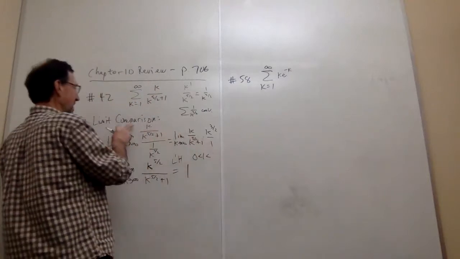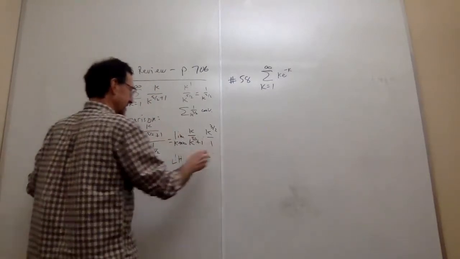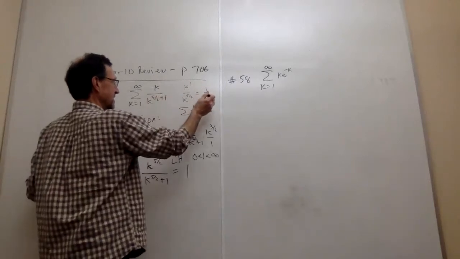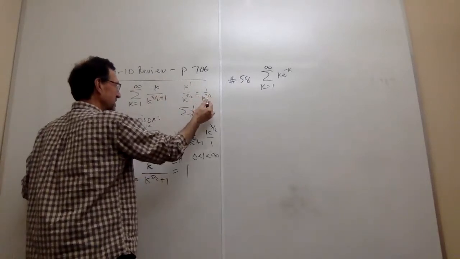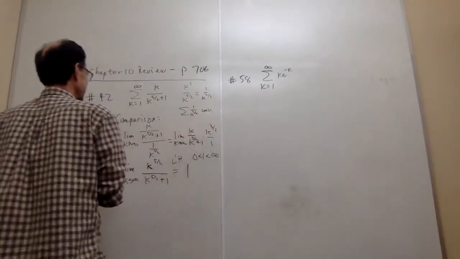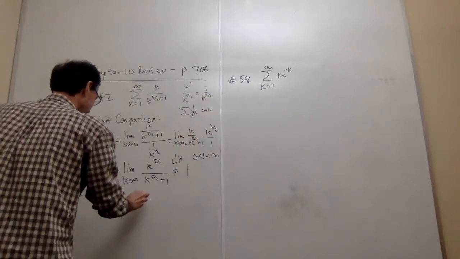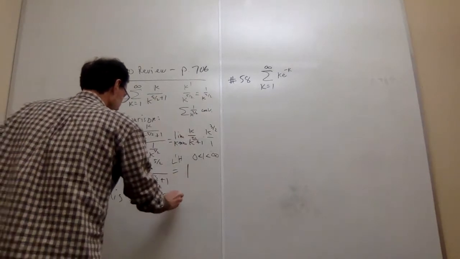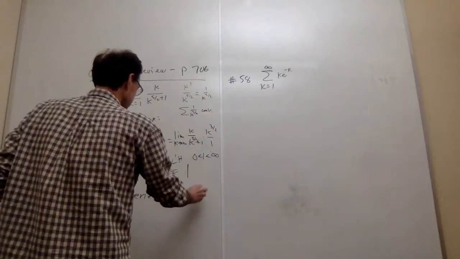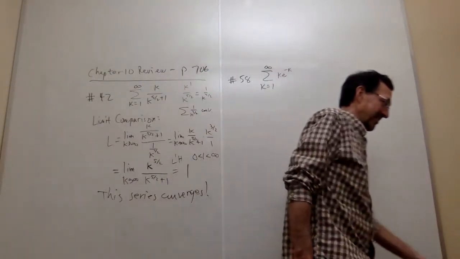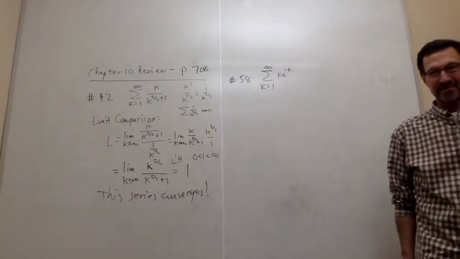We need to know how we interpret the limit comparison. It means that the series we didn't know behaves the same as the one we chose, which is convergence. So this series converges. Again, we don't know the sum. We don't have any way to determine the sum. We just have to be content with deciding what it does, converge or diverge.